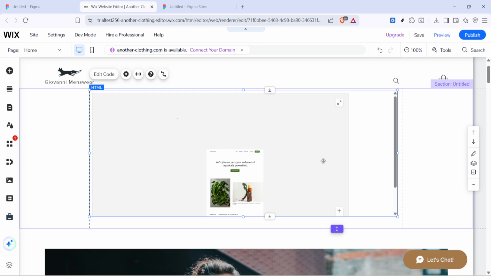It's also a good idea to switch to the mobile view in the Wix editor and adjust the size there, ensuring the prototype is easy to use on smaller screens. That's it. You clicked Share in Figma, grabbed the embed code, and added it to your Wix page through